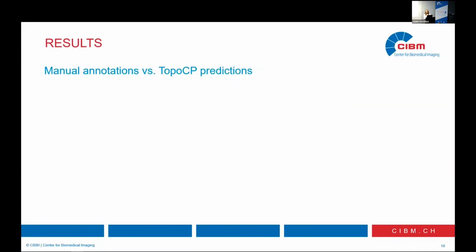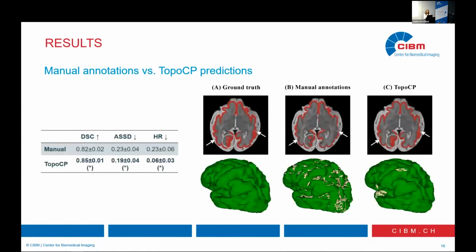We also compare our automatic methods to the manual semi-automatic segmentation that were provided in the data set originally. So again, we perform a Wilcoxon paired test where we see that we are performing better in all aspects of the segmentation compared to the manual annotation. And we evidence here in the 3D rendering the false negative that are actually connected to the holes in the true cortex. And we see that we have way more holes, it's way more noisy, the segmentation of the manual